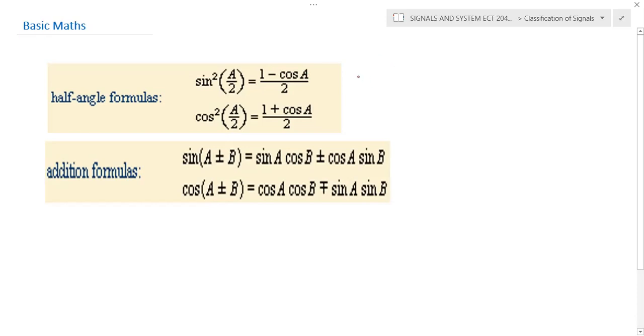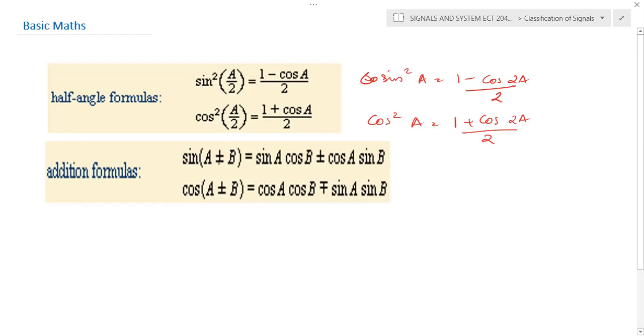This we can also write in another way, that is sine square a is equal to 1 minus cos 2a by 2. Similarly, you can write cos square a, which is equal to 1 plus cos 2a by 2. You need to remember this half angle formula, and similarly you need to remember the sum formula,